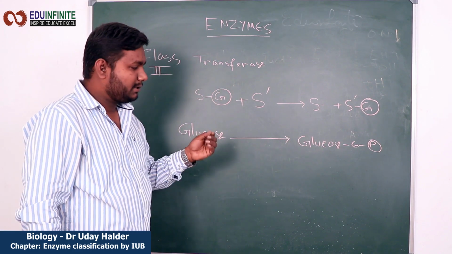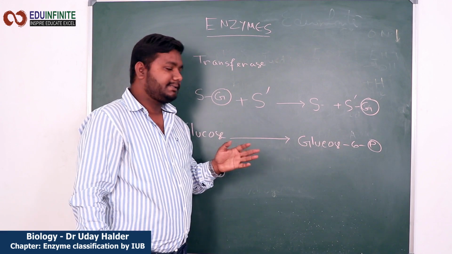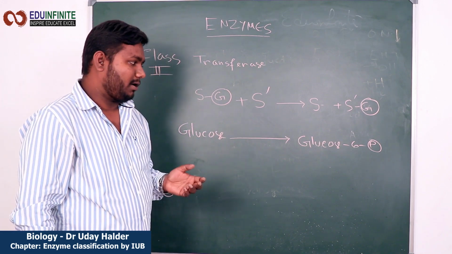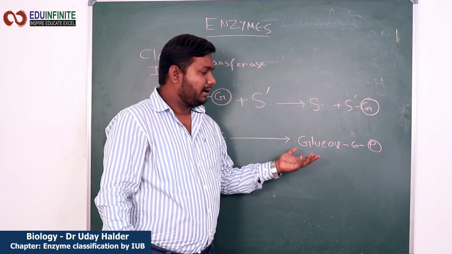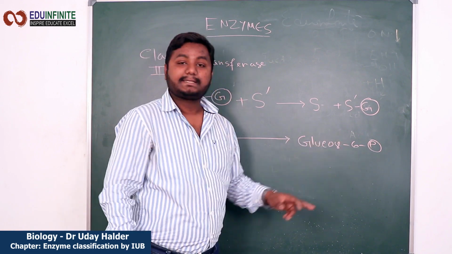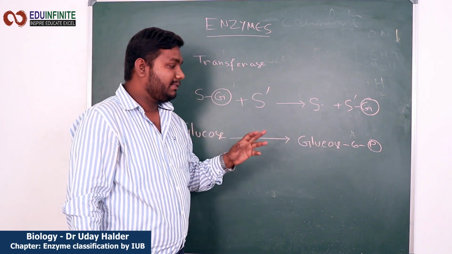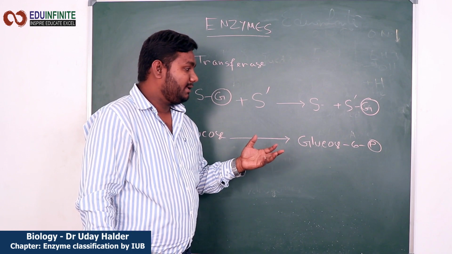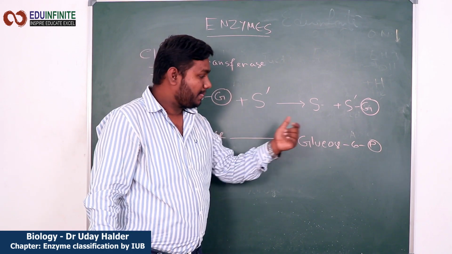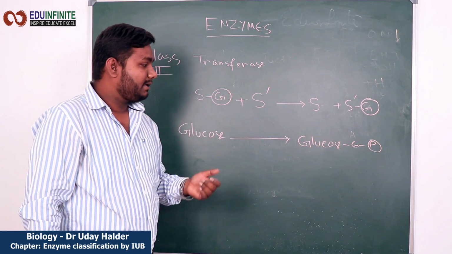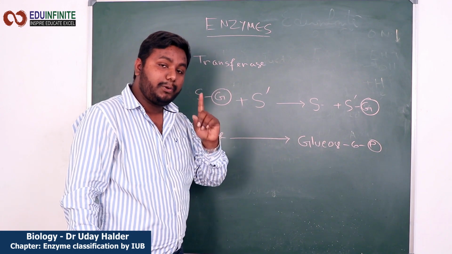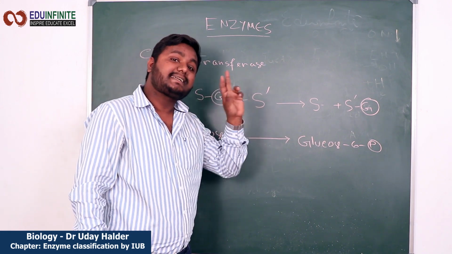I hope you guys have thought about this. If your answer is 6, you're wrong. If your answer is 1, then it's correct. Glucose 6-phosphate does not mean that it has 6 phosphates. Think about IUPAC nomenclature. Glucose 6-phosphate means there is 1 phosphate which is attached to the 6th carbon of the